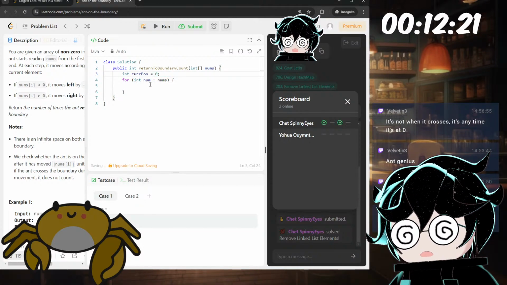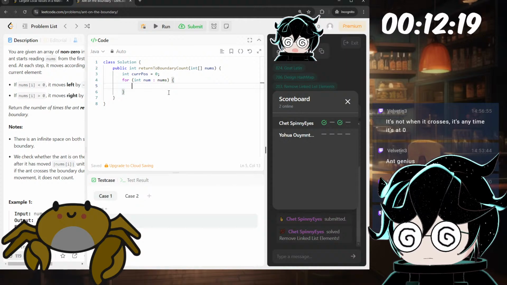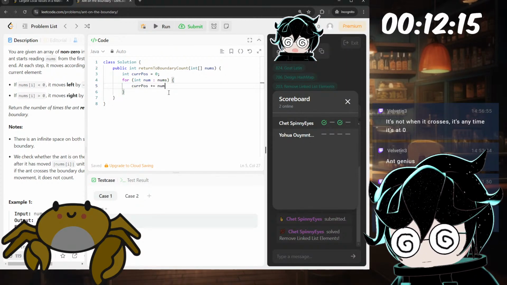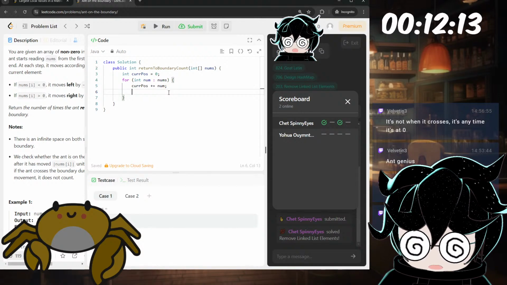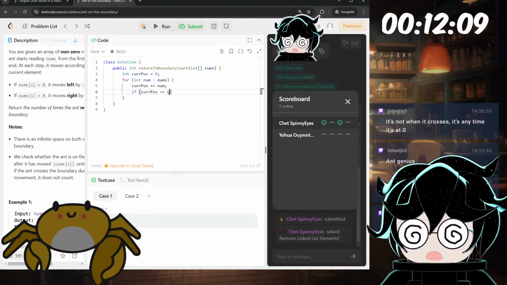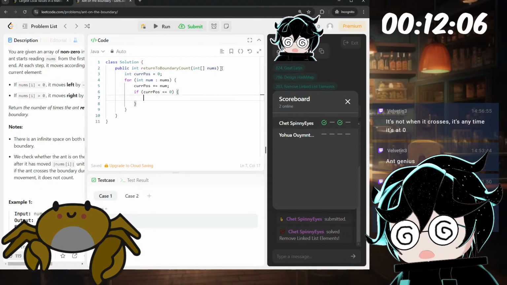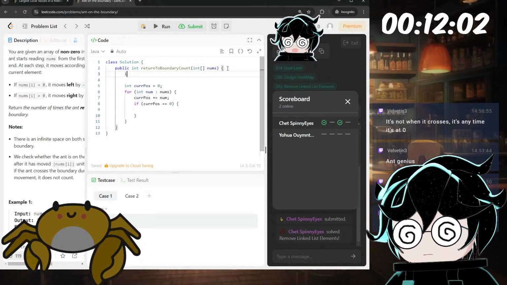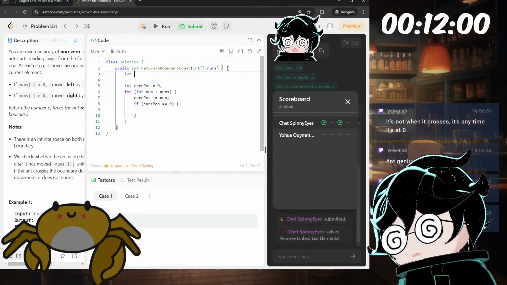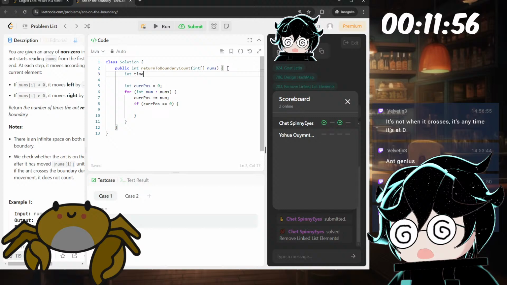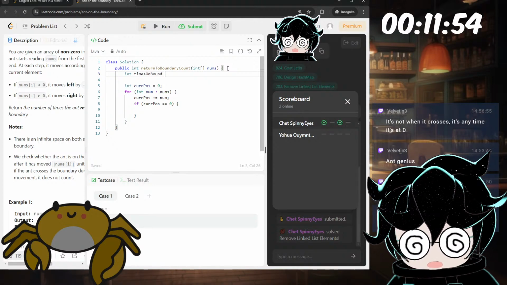Sure. Current position plus equals the num. And if the current position is equal to 0, then we have a variable called timesOnBoundary equal to 0.